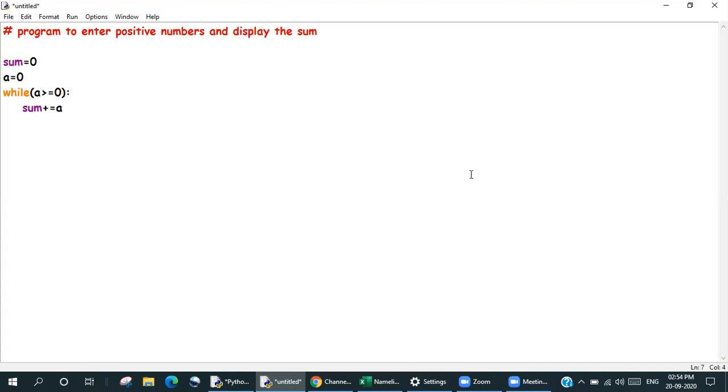Okay, and then I'm going to take the value from the user over here. I'm going to say print enter a number, not print, I need to take it in the input now. So I will say a equals to integer input, right, because we want to make sure it is integer input, enter a number.